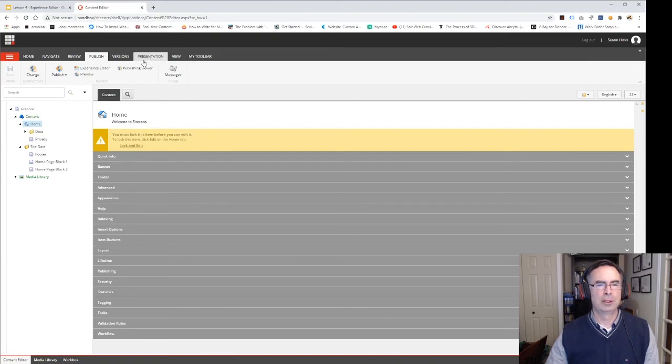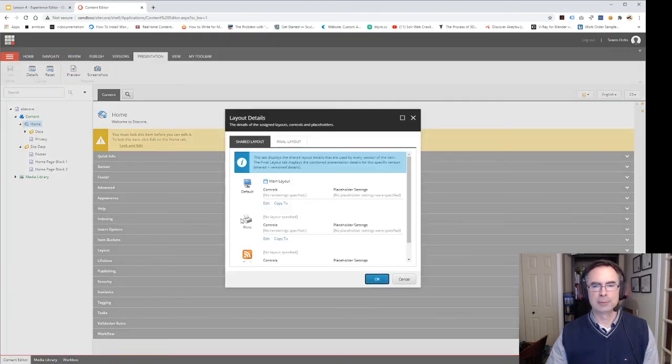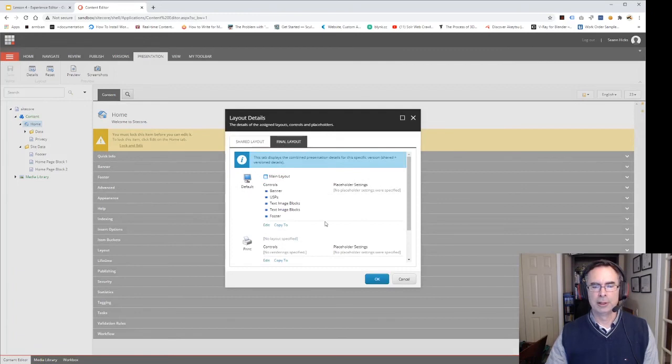So if you have permission, if your user role has permission to view the presentation details, you can do that. And that's just another way to manage your component stack. So let's just take a look at the home page component stack. So if we go to the final layout, we can see all the components that are on this page. So if I hit edit,